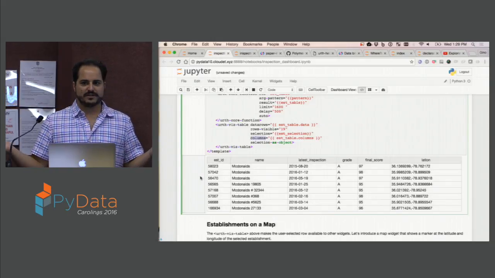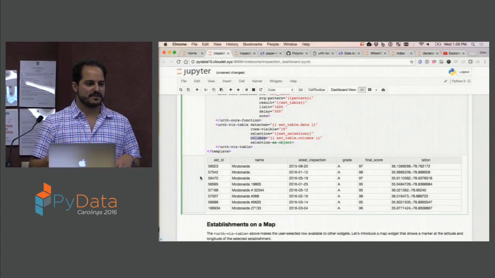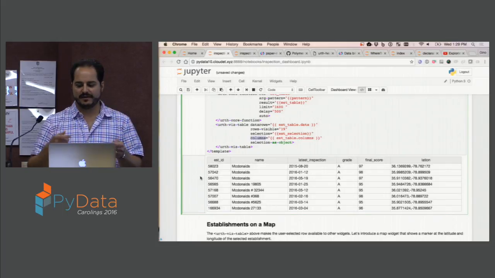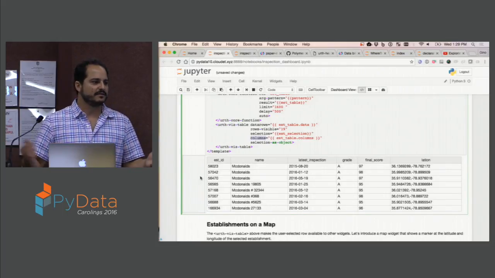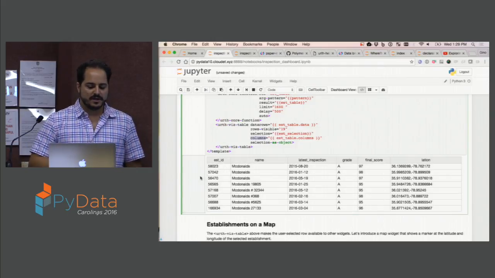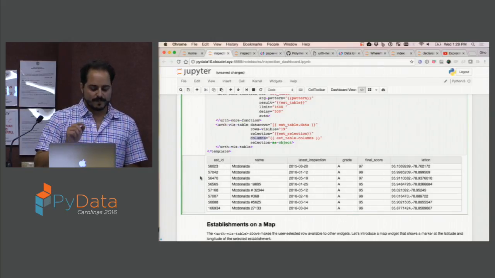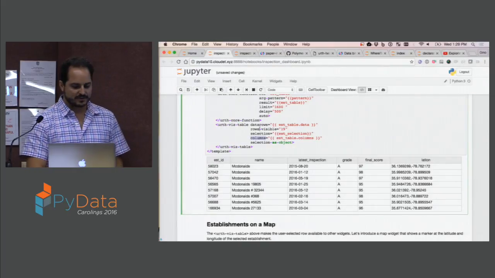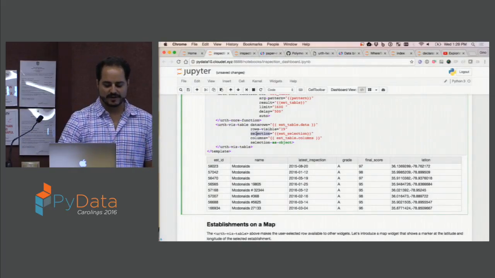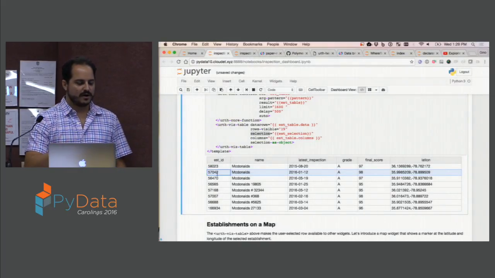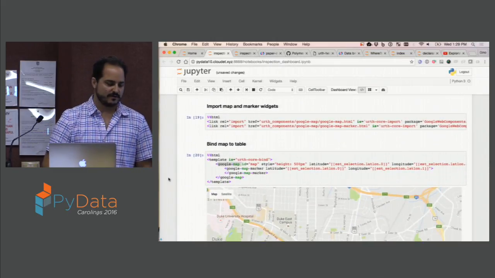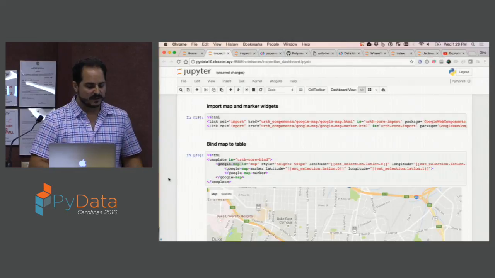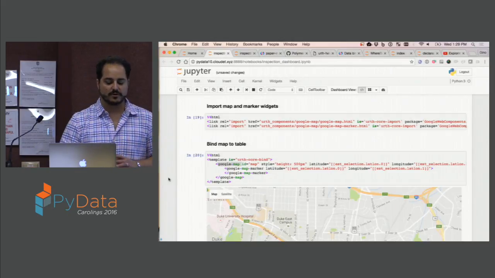Because if not, all interaction kind of ends on the visualization. But if you cannot click and interact with the visualization and have some other thing happen, then it's like a dead end. That's where your app ends. So in the table, we're actually using that selection property to be able to capture the selected row on a table and then use that to render a particular location on a map. And it all works exactly the same. It's all data binding